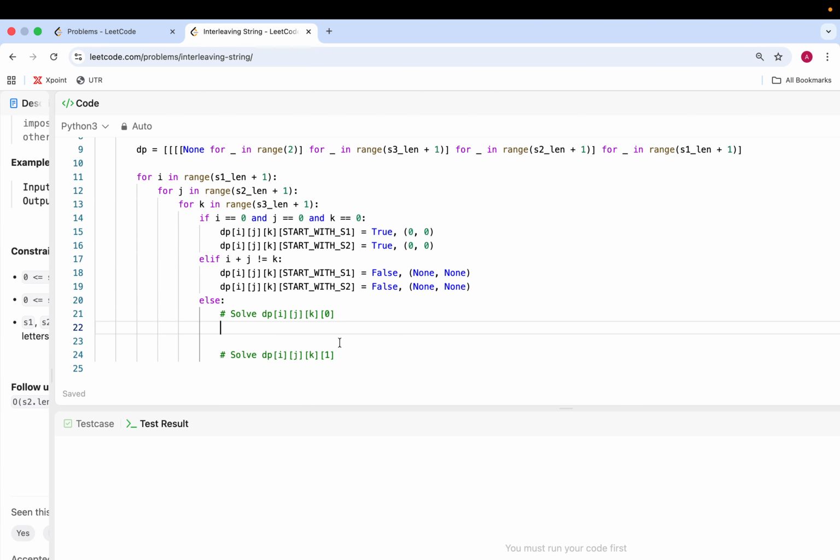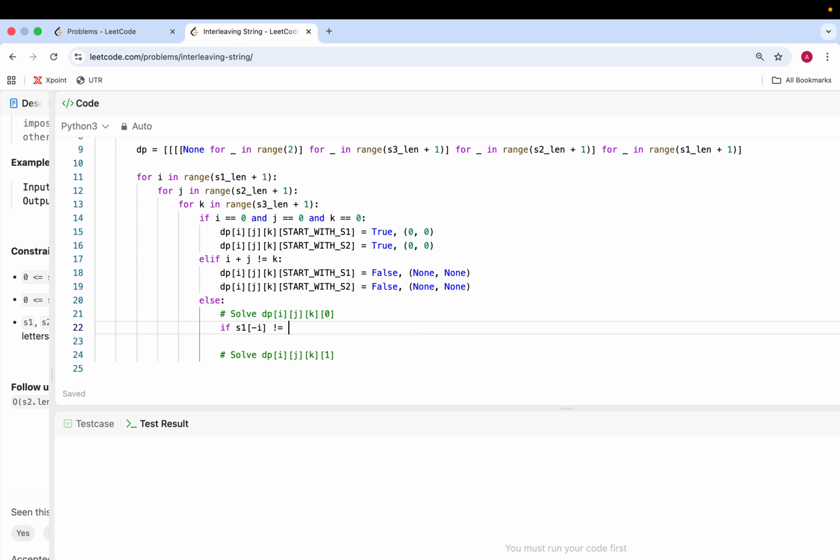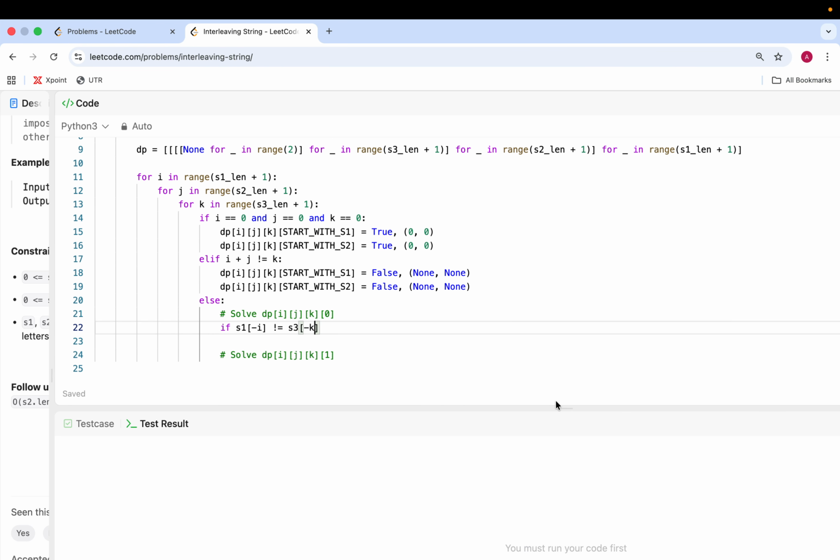Okay, so solving this. If S1 at negative i, that's going to access the ith-to-last character, right? So for 1, we'll access that C, is not equal to S3 at negative k, accessing the kth-to-last character, right? Then we can immediately set this to false because it didn't match. Trying to start with S1 isn't going to work. Otherwise,